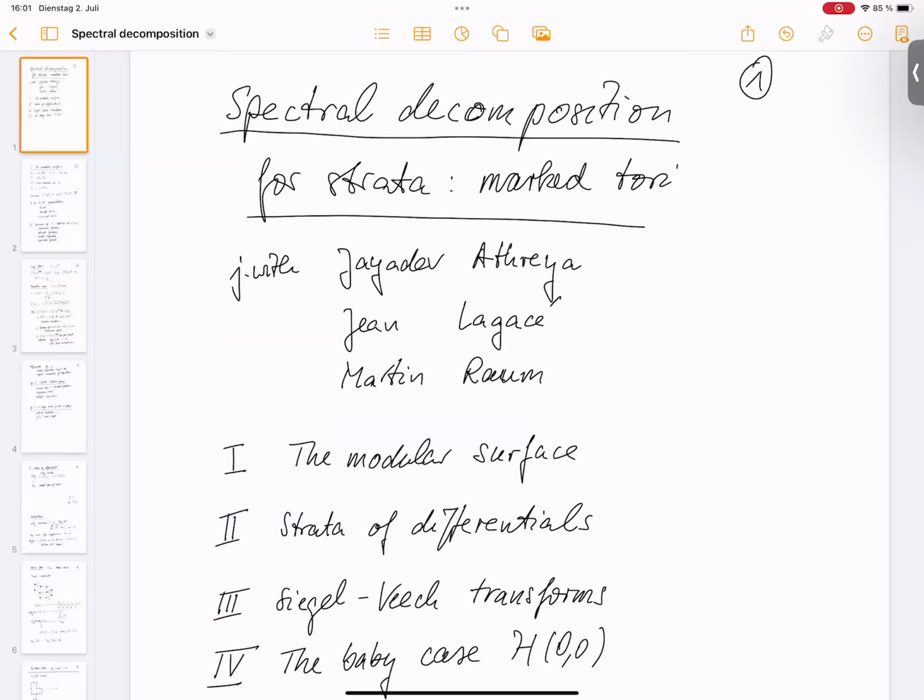So I'll report on joint work with Jaydev Atreya, Jean Lagacé, Martin Raum, on something that is very classical for the modular surface case, which I will recall first, which is spectral decomposition, decomposition of the L2 space. And the goal is to do that in a non-classical context, at least from the number theory perspective, namely the case of strata of differentials, and highlight what Siegel-Veech transforms are in that context and why they are something that is very familiar